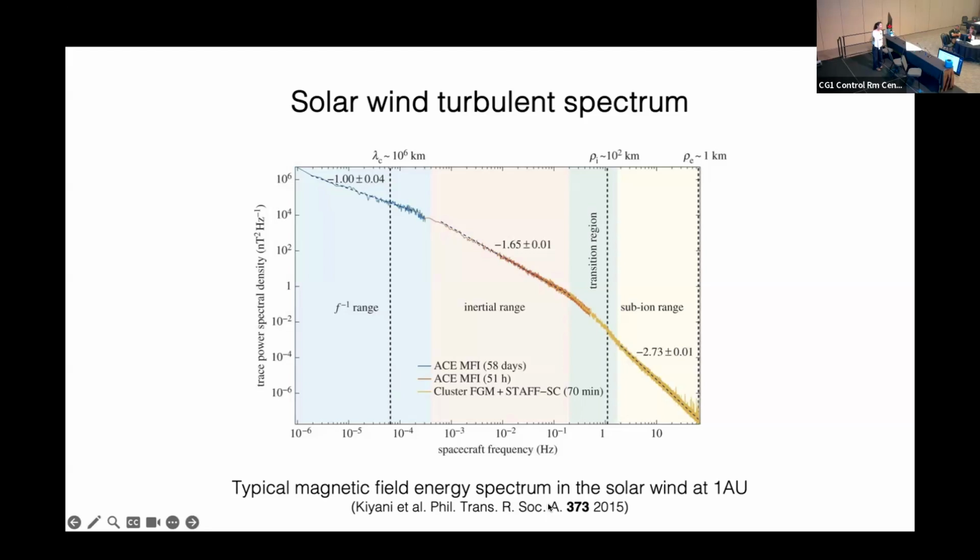This happens when you are hitting the intrinsic scales of plasmas. Could be the ion Larmor radius or ion inertial length, whatever comes first. And so rather than a standard dissipation range, you have this subinertial range where other physics comes in, kinetic effects. So what I'm going to focus on is this inertial range, which is at scales larger than proton kinetic scales, and therefore it falls into the MHD regime.